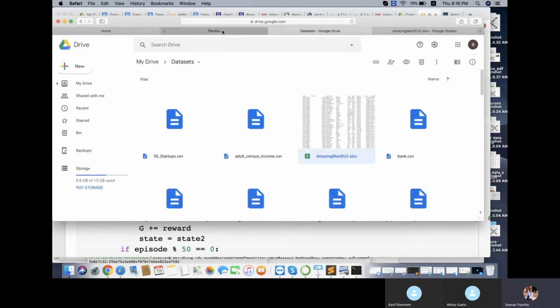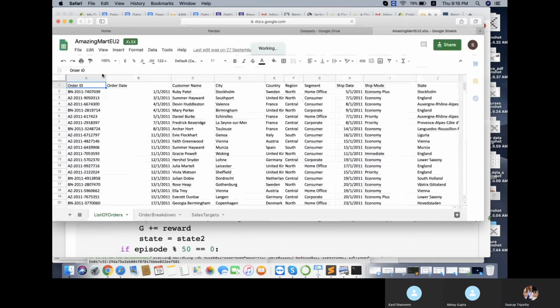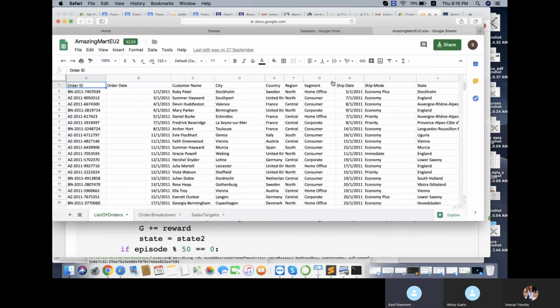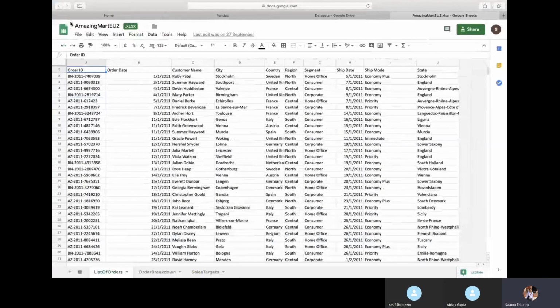So you're able to see this file. Yes, Amazing Mart U2 Excel sheet. Okay, so this is an Excel sheet.